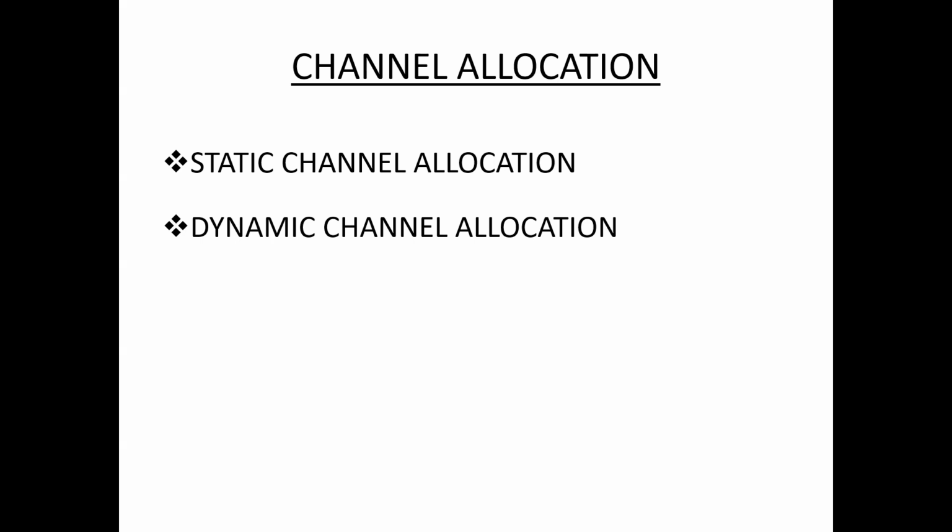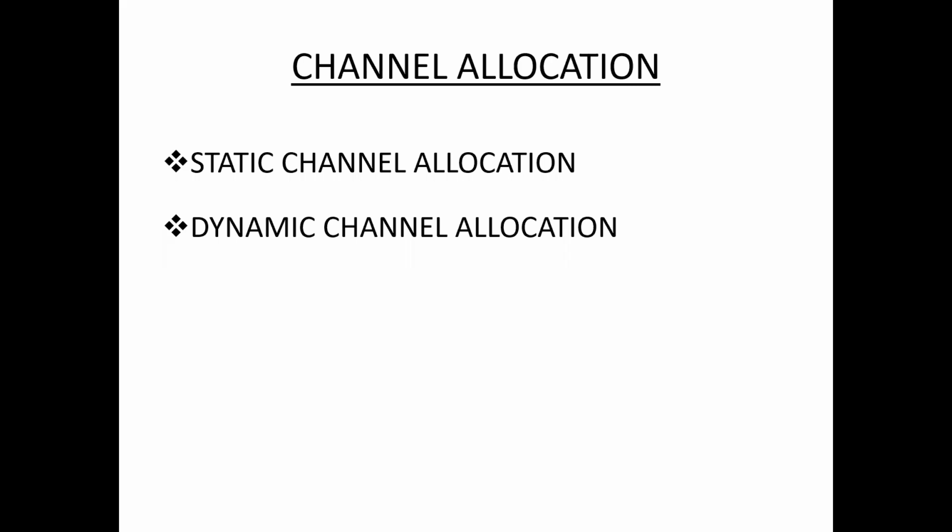So these are the two channel allocation schemes. One is static channel allocation, also called fixed channel allocation, and the second one is dynamic channel allocation. In the static scheme, a fixed portion of the frequency channel is allotted to each user. For n competing users, the bandwidth is divided into n channels using frequency division multiplexing. Each portion is assigned to one user, and there is no interference between the users.